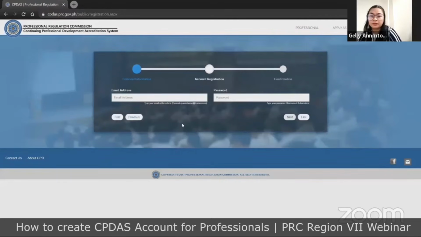Take note po na ang sabi ko po kanina, if you are a holder of multiple licenses, you have to create 2 distinct CPDAS account. And at the same time, you have to nominate 2 distinct email addresses po. Itong email address na to ay siya ring magiging username ninyo later kapag in-access na po ninyo ang inyong CPDAS account. And of course, the password that you want po for the security of your account. And for the password,